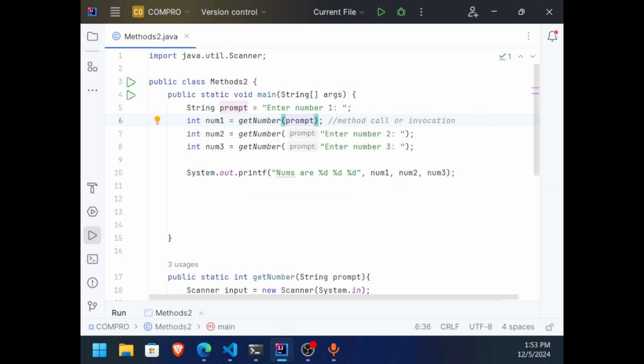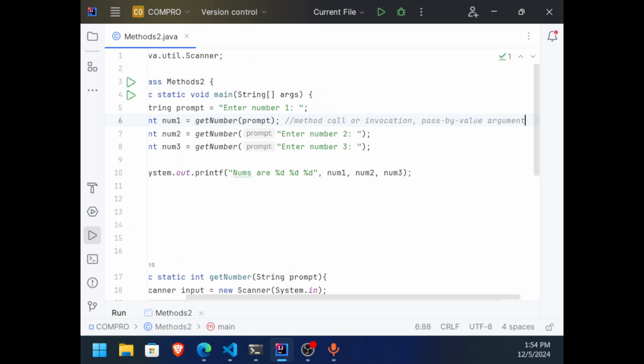So instead of passing a literal value, I pass the value of a variable. I'm not passing the variable here. I am just passing its value. You call that pass by value. Pass by value argument. So my argument content will be copied to the associated parameter here.